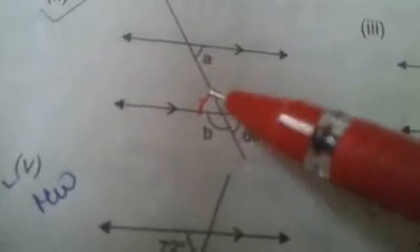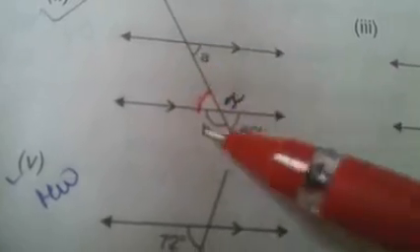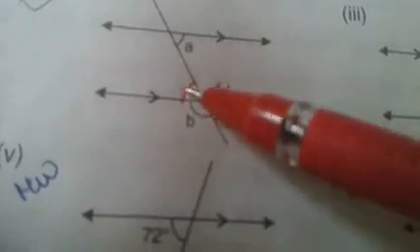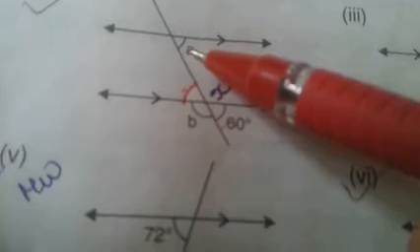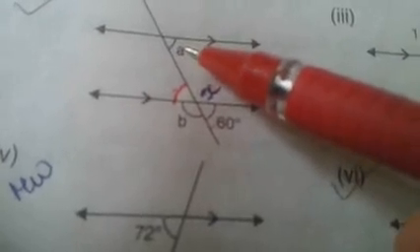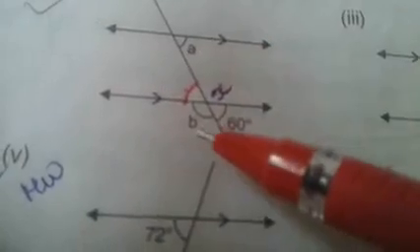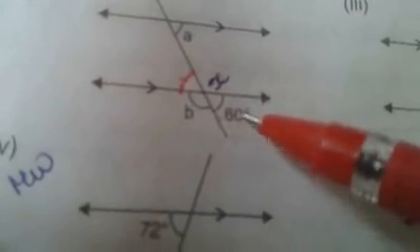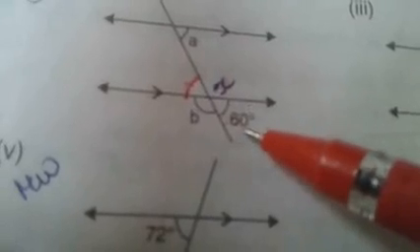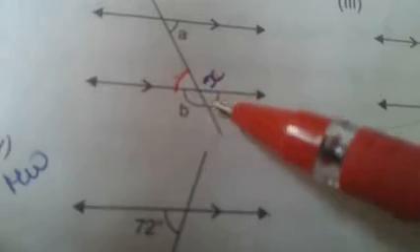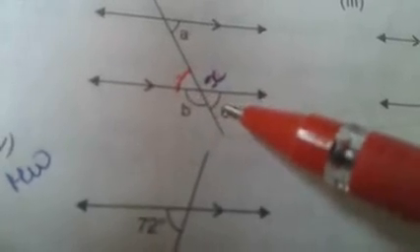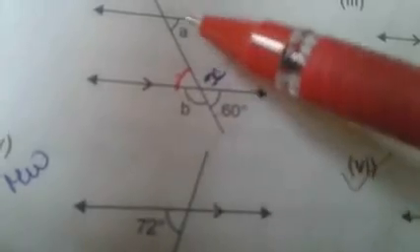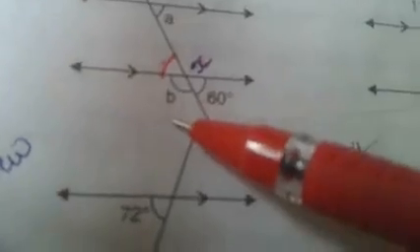See, this one question can be solved in many ways. This is 60 degree, so this will be 60 degree. And if this is 60 degree, this is 60 degree. Why? Alternate interior angle. Z formation is there with two parallel lines. So this is 60 degree because of vertically opposite angle. A is 60 degree because of alternate interior angles. Now what about B? B you can solve by B plus 60 degree is equal to 180 degree. B is equal to 180 minus 60, that is 120 degree. Why? Because these two are adjacent angles. Alright. So you can find out easily the value of A and B.